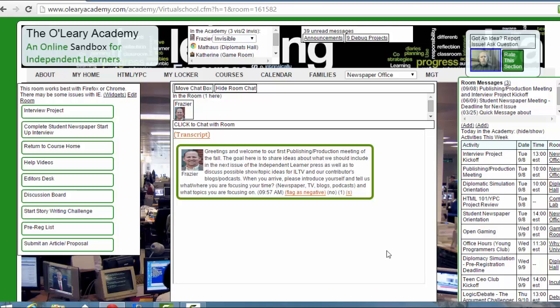And so whether you're going to be doing this via audio, like a telephone interview, or whether you're going to be doing a video interview, or whether you're going to be doing an email interview and publishing the interview in the Independent Learners Press or on your blog, it's a great skill to develop, and it's also beyond a skill in terms of interviewing. It's a great sort of realization to have that you can identify whoever you want and reach out